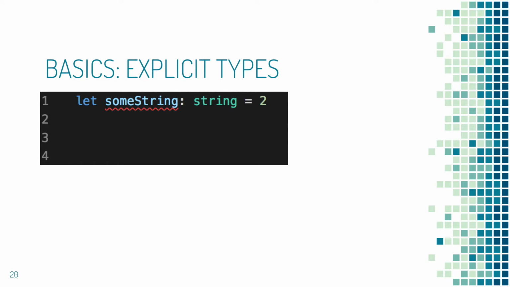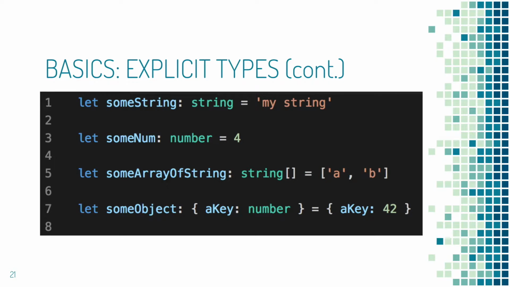When you start adding things that are no longer JavaScript, this is the first thing that we've looked at that is no longer JavaScript. The general syntax is a colon and then the type annotation that you want. The most basic might be a string. So some string, I want it to be a type of string. And if I try to set it to 2, TypeScript's going to yell at me because it knows this is not a string. So here's the summary of those basic explicit types where you're telling TypeScript what you want.